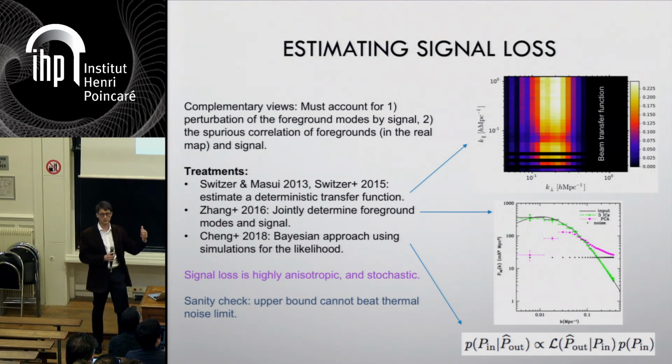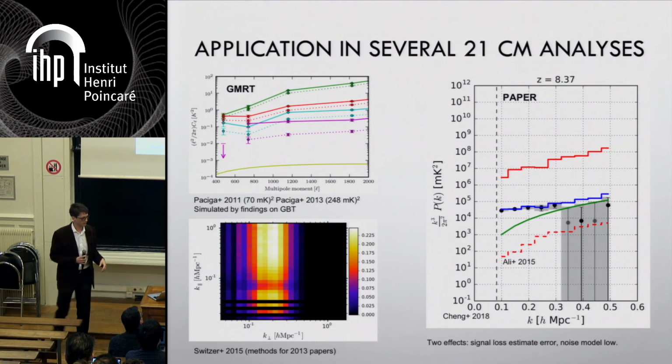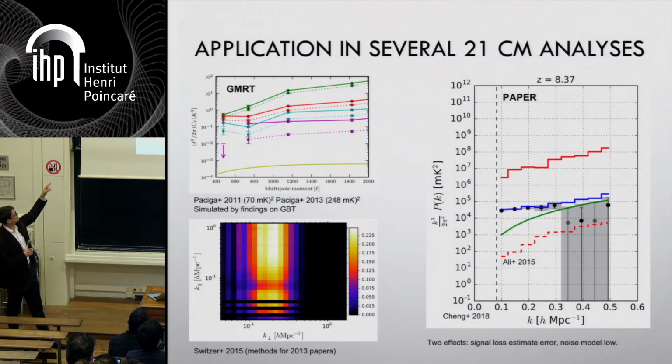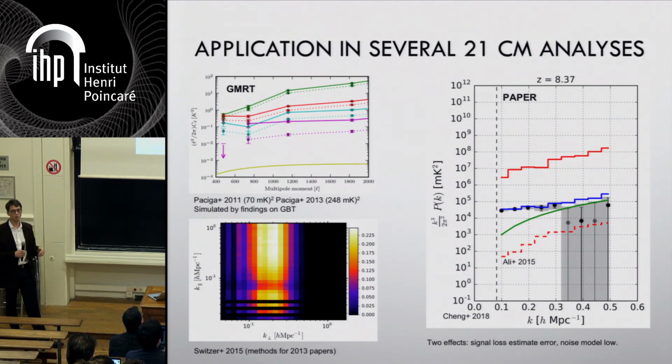That is, for a given signal realization, there'll be a unique amount of signal loss. So if we look at how this has been applied in a couple experiments, let's start with GMRT. GMRT had an upper bound of 70 millikelvin in 2011, and as we started to find these challenges with the GBT analysis, they revisited GMRT with an account of signal loss and revised the upper bound to 248 millikelvin. So a pretty significant upward revision when accounting for